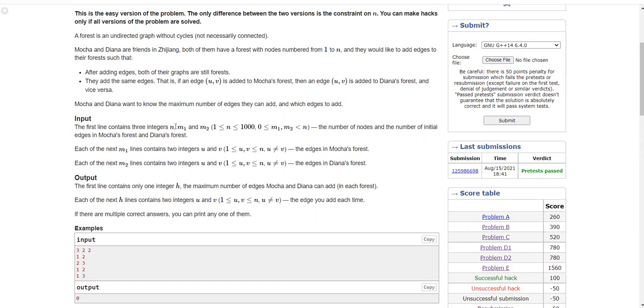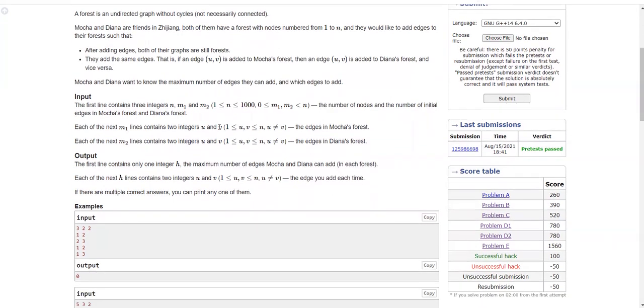So another thing which you can notice is if there are total n number of nodes, then the maximum number of edges that a graph can contain is n minus 1, because there have to be no cycles, which means it has to follow the properties of a tree. Not exactly, because a tree is actually connected, and this is not necessarily connected, but because we have to add the maximum number of edges, we will try to add as many edges as possible. Okay, so how can we do this problem?